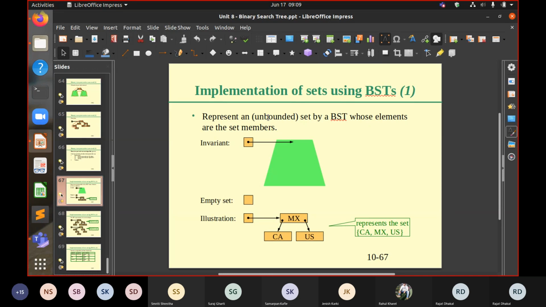A bounded set is the one, or any bounded function is the one, that has some sort of upper limit or lower limit. Maybe a is less than or equal to b, or a is less than or equal to 10, or maybe a is greater than or equal to minus 10, something as such. So how do we represent an unbounded set? We represent this unbounded set using